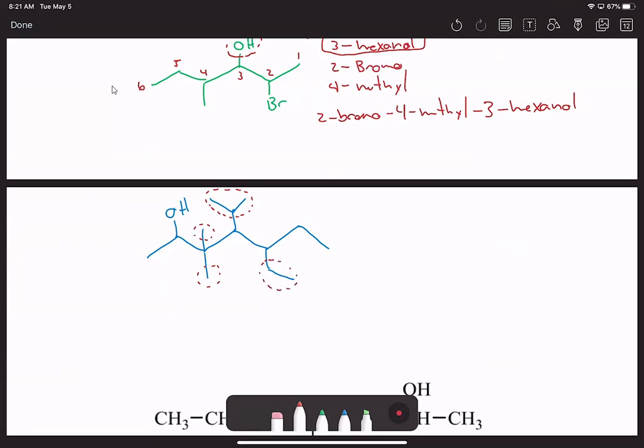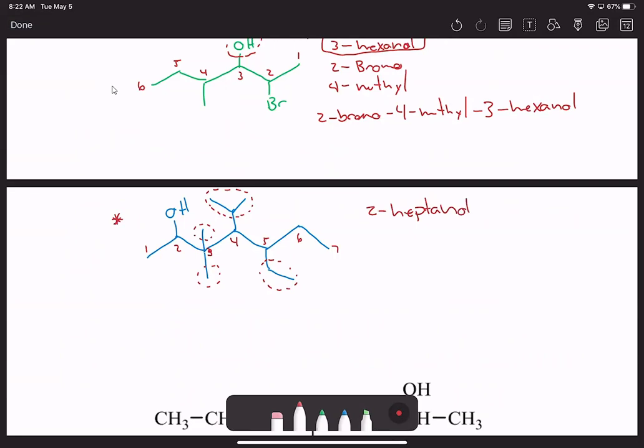The hydroxy, or my alcohol, is closer to this end, so this is going to be carbon number 1, and I'll go ahead and number these. Carbon number 3, 4, 5, 6, 7. All right, so 7 would signify that this is going to be from heptane, not hexane. So I have an alcohol group on carbon number 2, but instead of writing heptane, here I'm going to drop that E, so this becomes